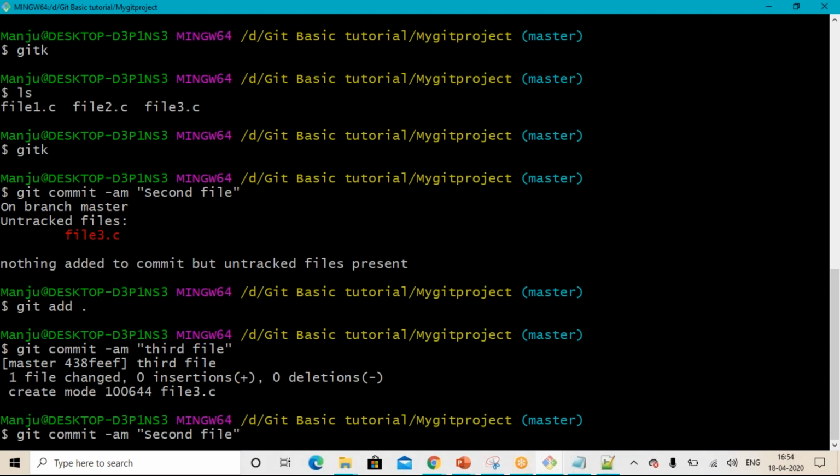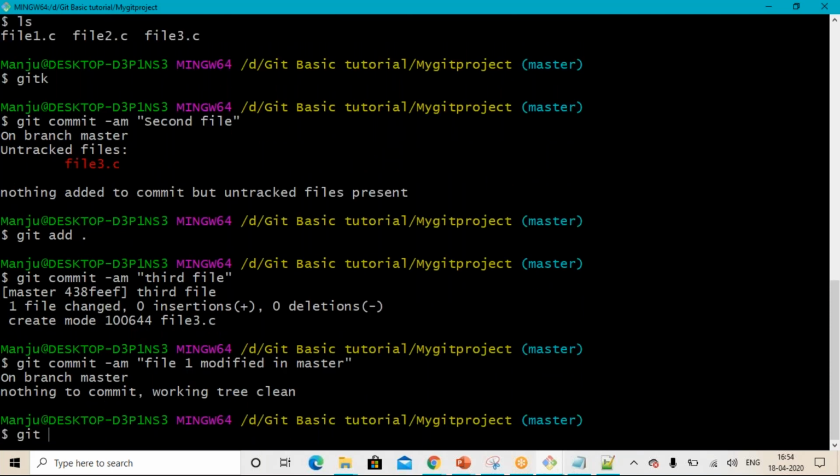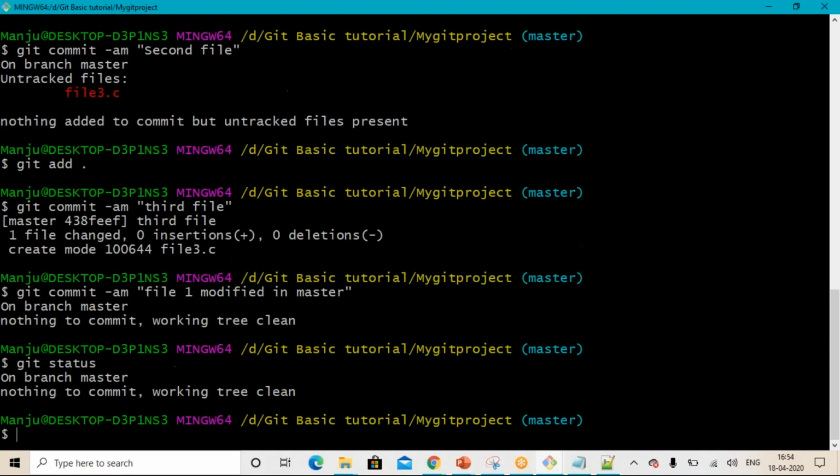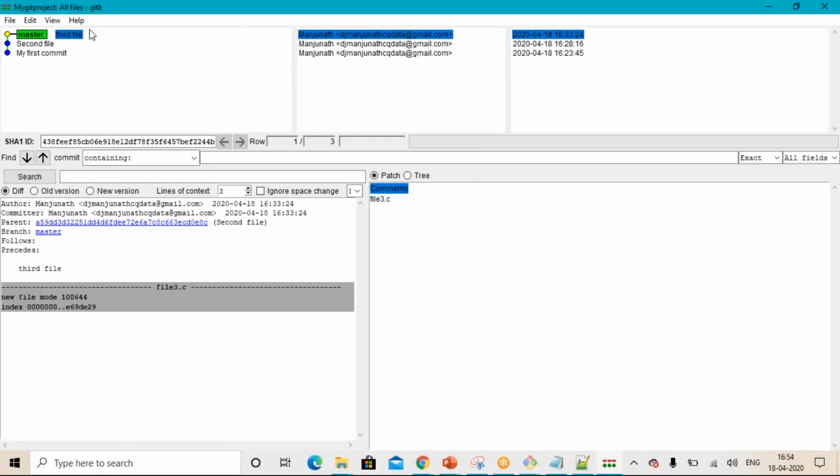This time I can directly use the -am command. So I directly committed it, then it showed there is nothing to change. If I see this git